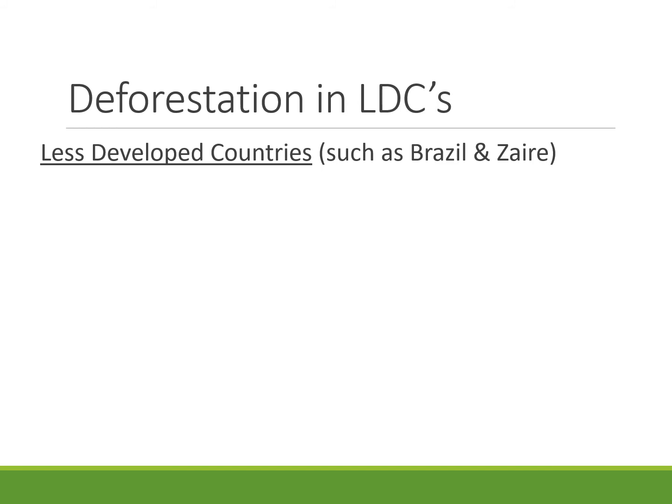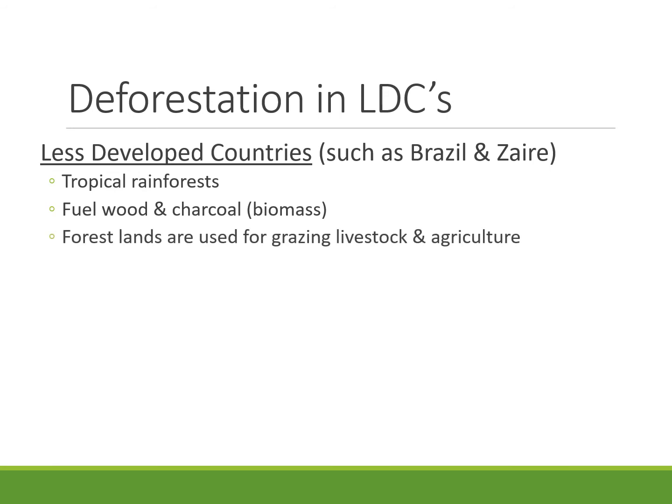So less developed countries, where you have the Congo, South American tropical rainforests, they're all tropical. And the big one is fuel, wood, and charcoal. They're cutting down the trees to heat their home and cook their food. They're cutting down trees for grazing livestock and for agriculture. That's slash and burn. They're cutting down the trees, burning them so they can grow food. They are being exploited to some degree for gold, oil, some mineral and energy resources. Often they're being exploited by companies coming in from highly developed countries and exploiting these resources.